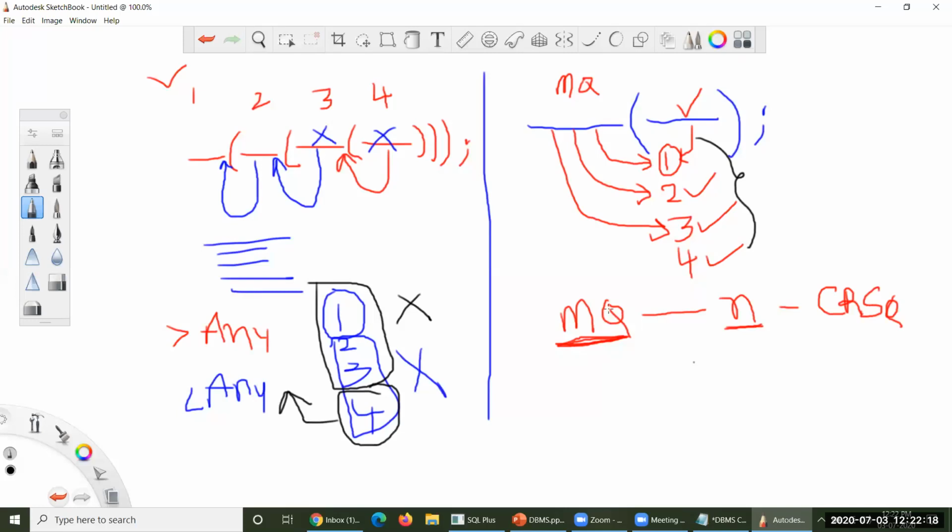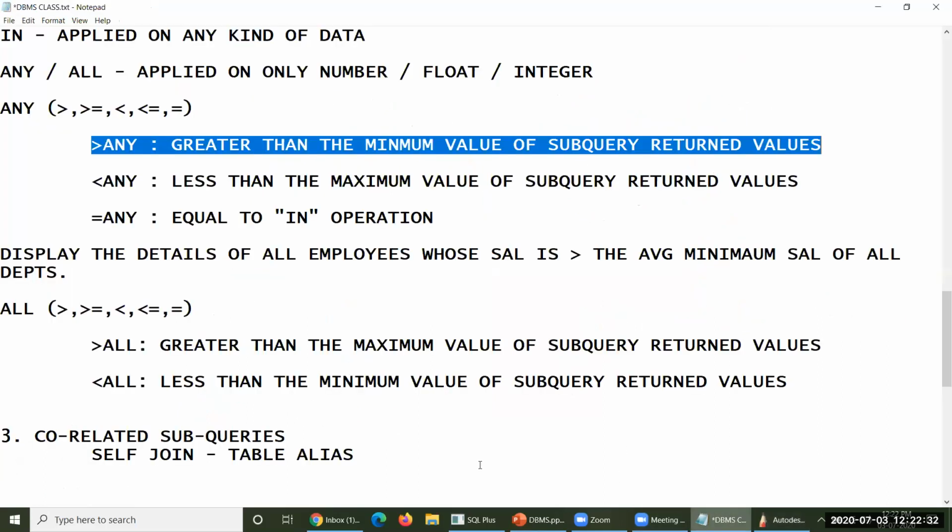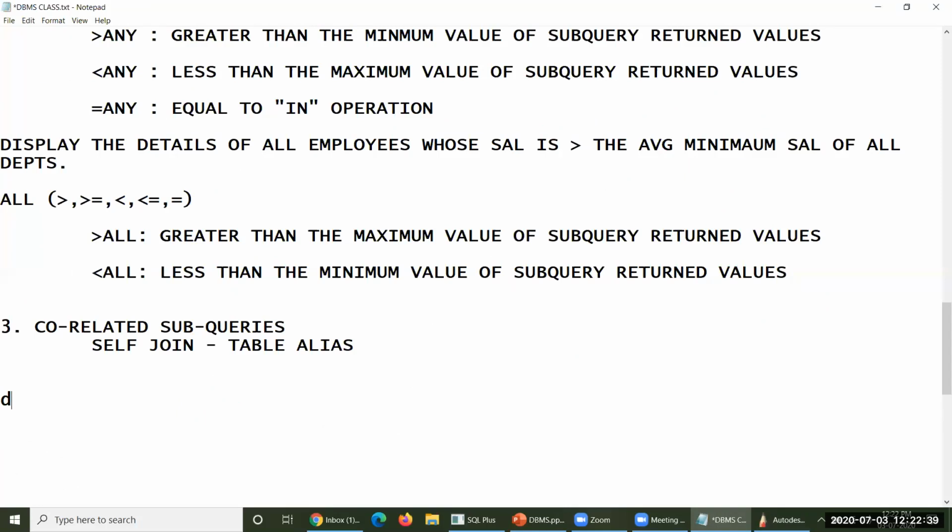Let me explain what a correlated subquery is. A correlated subquery can always be taken into consideration. The queries will be seen in such a fashion. So let me write a query. Display the details of all employees